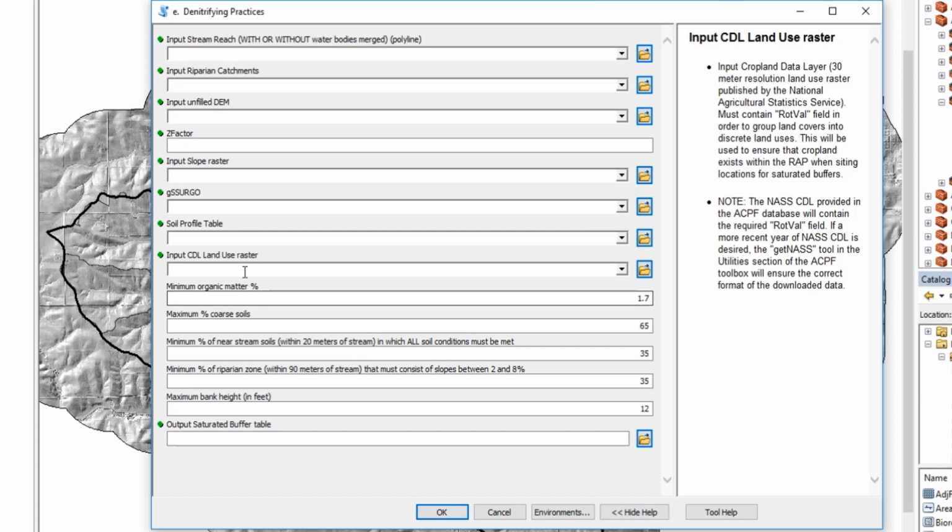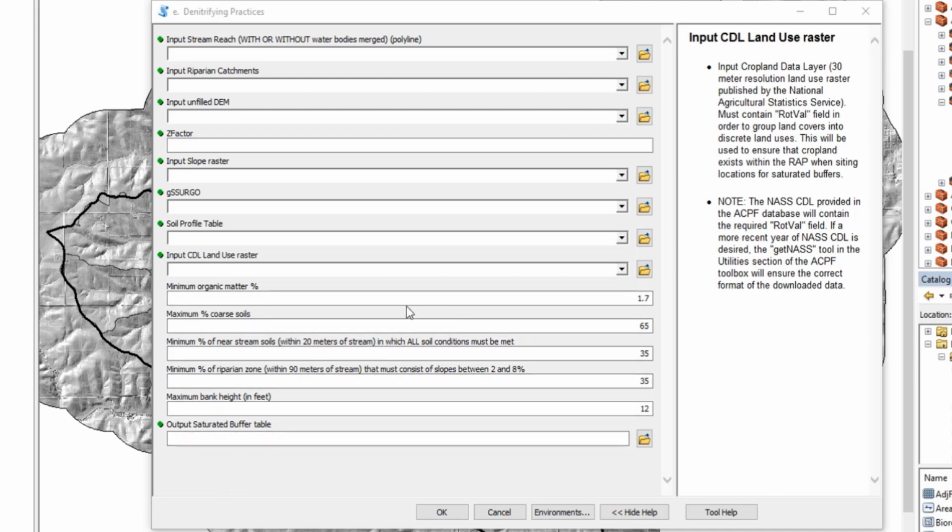a crop data layer. You can choose to use any year that is provided, though if you're looking for most recent, you may want to run the get NAS tool and use the most recent CDL raster.